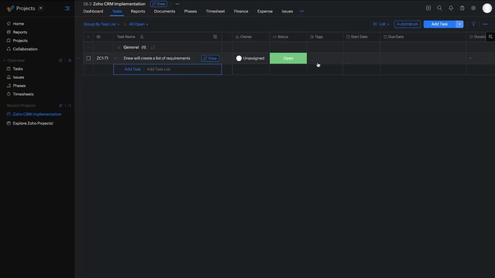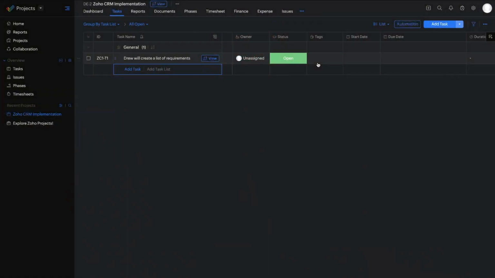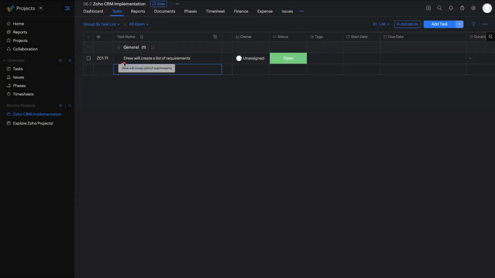Okay, Zoho Projects is made to have the flexibility of a spreadsheet with all the benefits of using a software program, okay? A robust software platform. So with that, here's the who-will-what format. Drew will create a list of requirements. Then I could also put Drew will run a